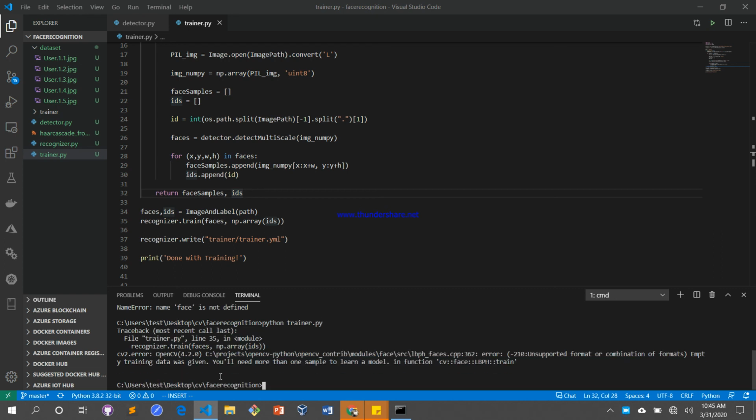Trying it again. Okay, another error. Line 35. What do we have there? You will need more than one sample to learn a model. Alright, this happens sometimes when your model is not too clear. Sometimes it happens when your data are not too clear. You need more than one good sample to learn a model. So we're going to come back here again, but I will just add a random clear picture of your